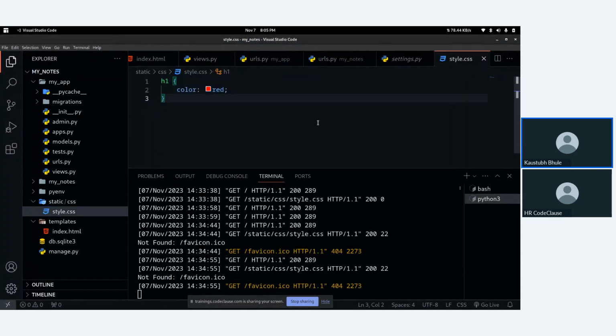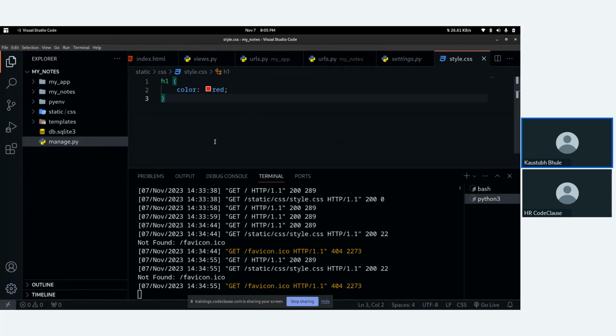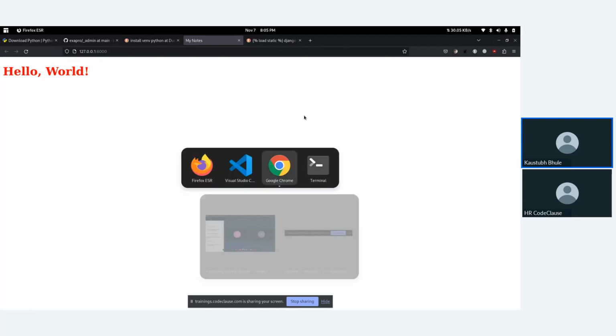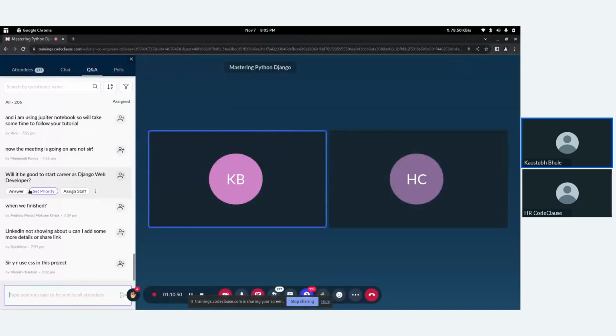So okay, both HTML and CSS folders are linked to our main project. Now we can work on our database part. Before that, we need to create a simple template, a simple HTML file for adding simple notes and deleting them. So let's get started. So index.html. First, let me check for the start one.